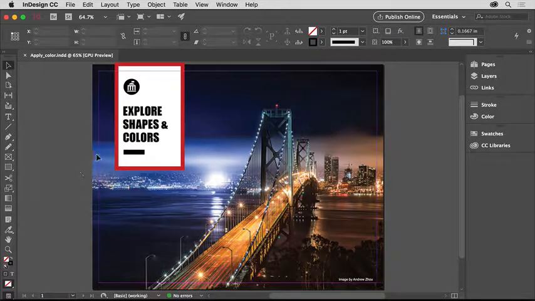Creating and applying color is a great way to be creative in InDesign. To start working with color, you'll learn what stroke and fill are, then move on to applying color using existing colors that come with each document, and then you'll make your own color using the color panel. To follow along, you can use your own document, or you can open this document from the downloadable practice files